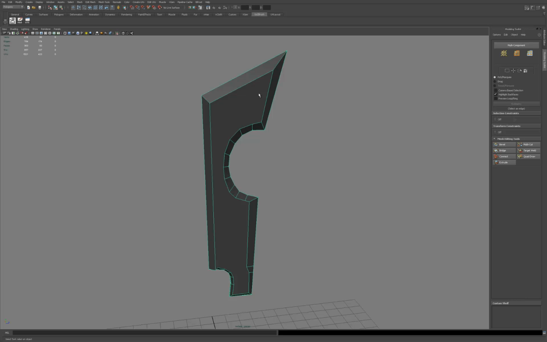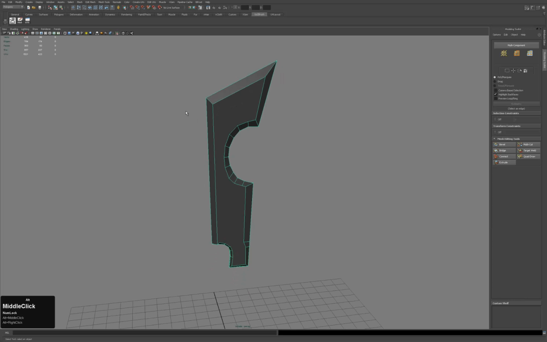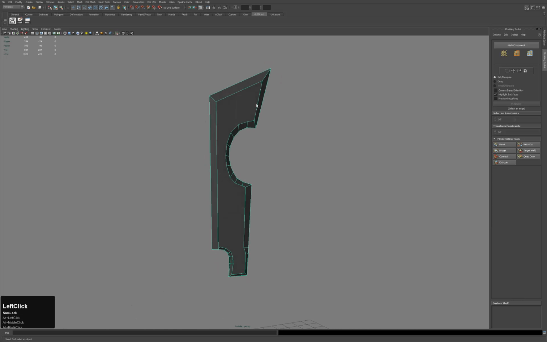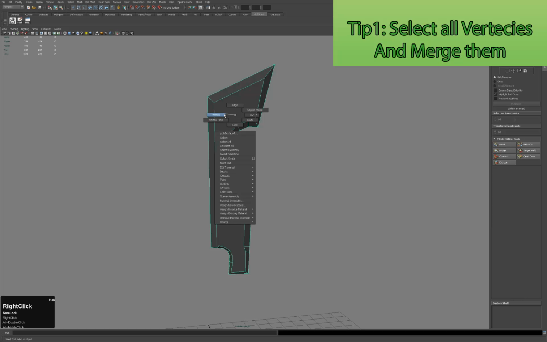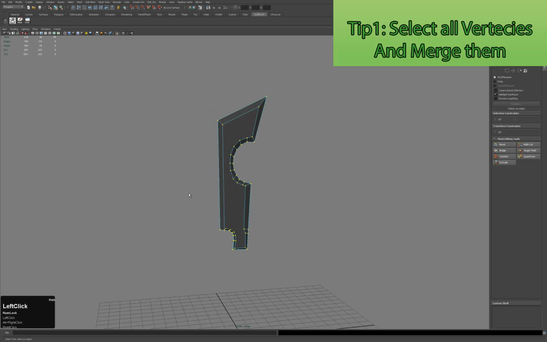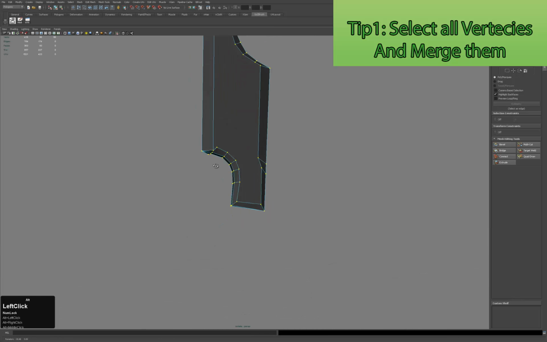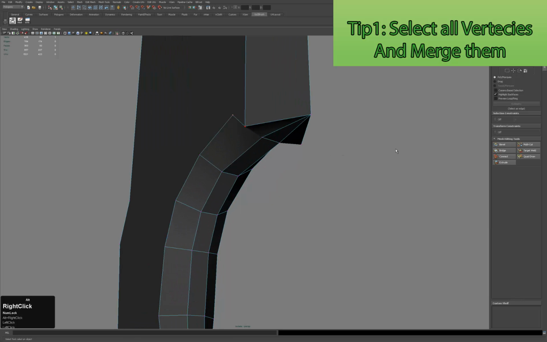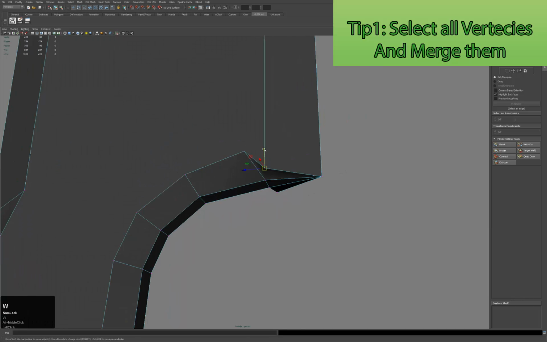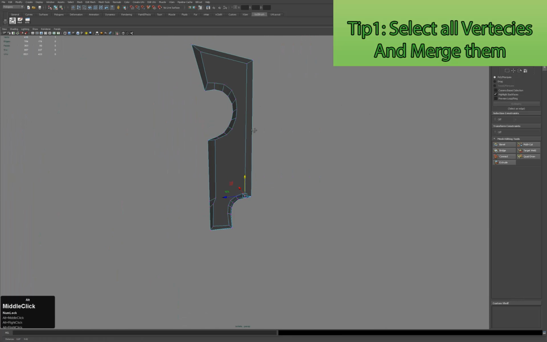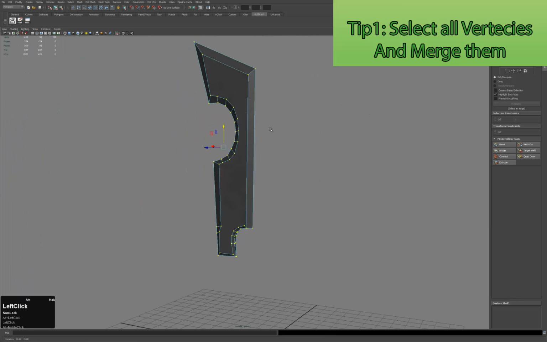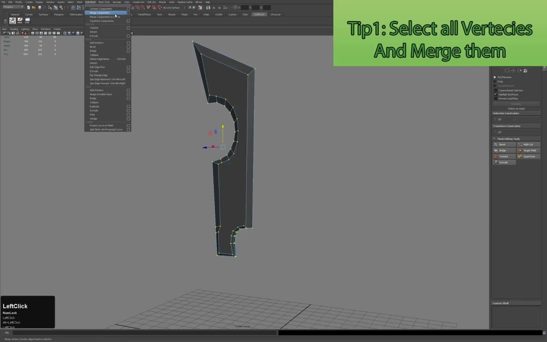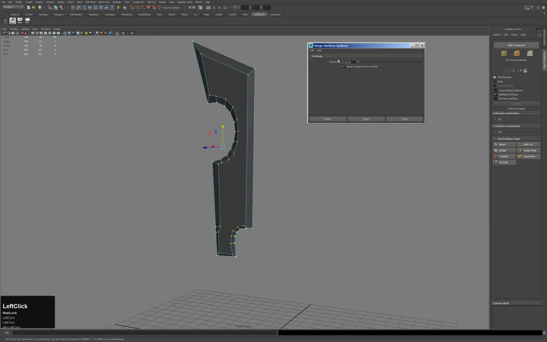So how do you fix this? I use this technique for the first issue, which is vertices that are not connected. I just go into vertices, select every vertex on my model. As you remembered, we had one of those areas here. If I can select that one. Yeah, so I select everyone on the model, and then I go under Edit Mesh, Merge Component, and here always